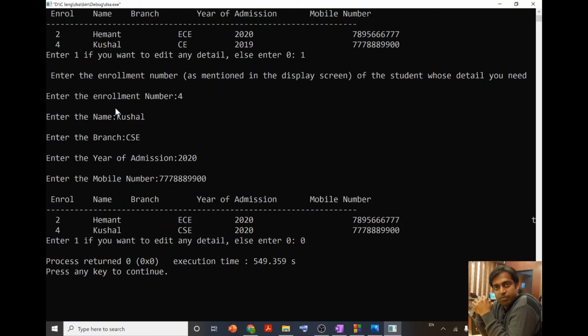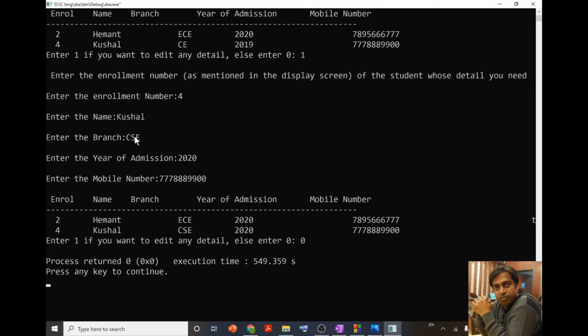Now over here, we can modify this particular program. If I want to edit the detail, after asking the user to enter the enrollment number, and once the enrollment number is matched with the second student, after this I can also ask the user which detail needs to be corrected, instead of asking all this information again.